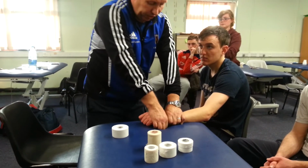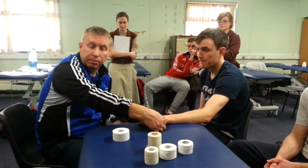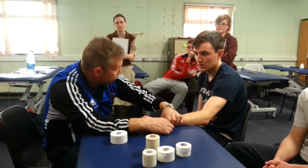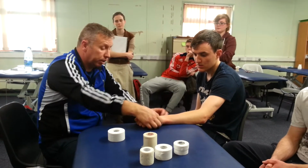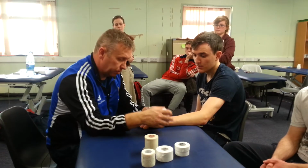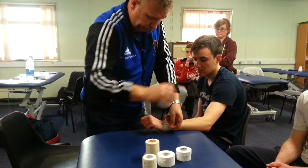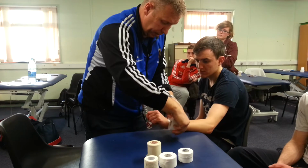Now, once I find the glide, I will tape, not with any of these, I will tape with the Leukotape, because I find that to be the strongest tape to maintain that position. So if I glide it this way, I will pull my roll of tape in that direction. If I glide this way, I'll pull my roll of tape this way. Imagine this is the Leukotape, and we found the lateral glide being the best. I would put my underwrap on, and then from this position, do one strip at a time, block with the Leukotape, and go again, pull, back round, just to try and